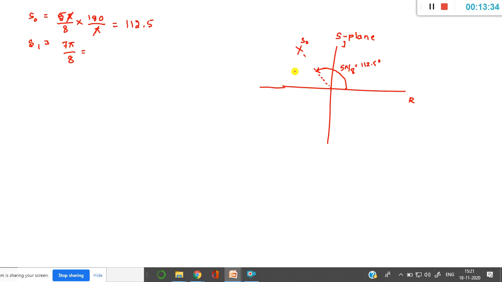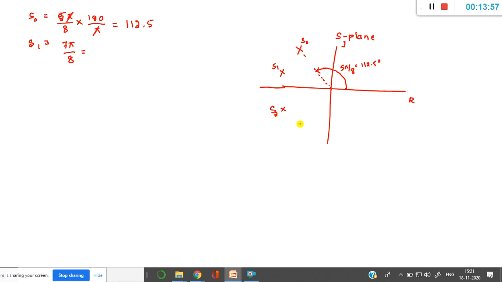7 pi by 8, so it is somewhere else, 157. Okay, 157 means, so again here, it is 180 minus 157 (here we are taking it as 112). So soon after this, let me mark here. So this is my S1, right? Okay, now similarly